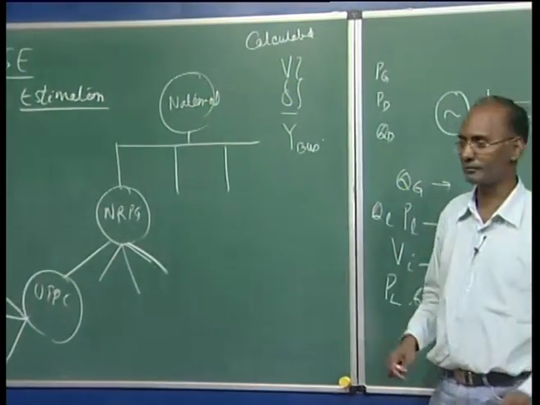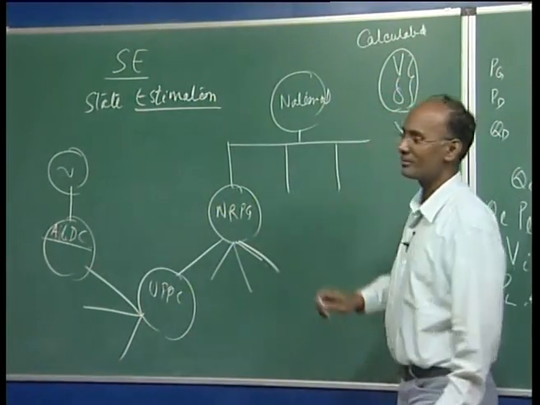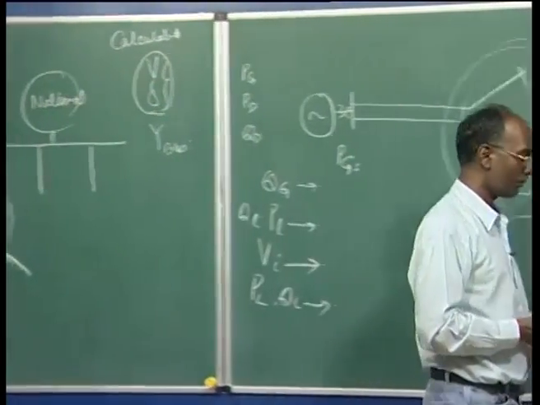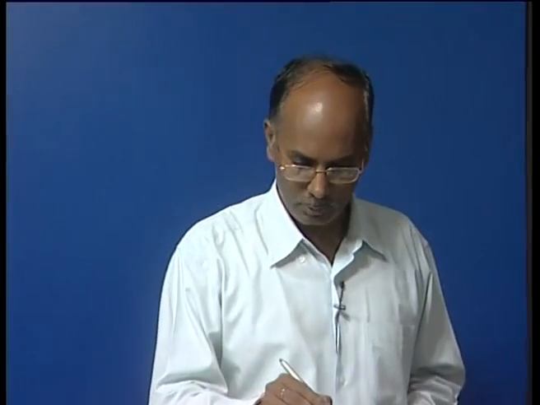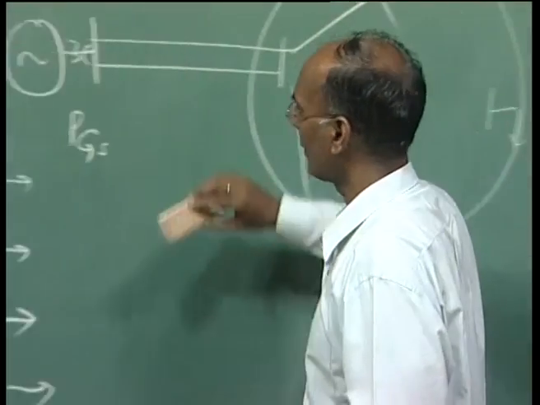The only difference is this. Here we are just calculating voltage and angle, and thereby we are calculating all the information of the system. So, this is done. Now, if you write the power balance equation at the various nodes,